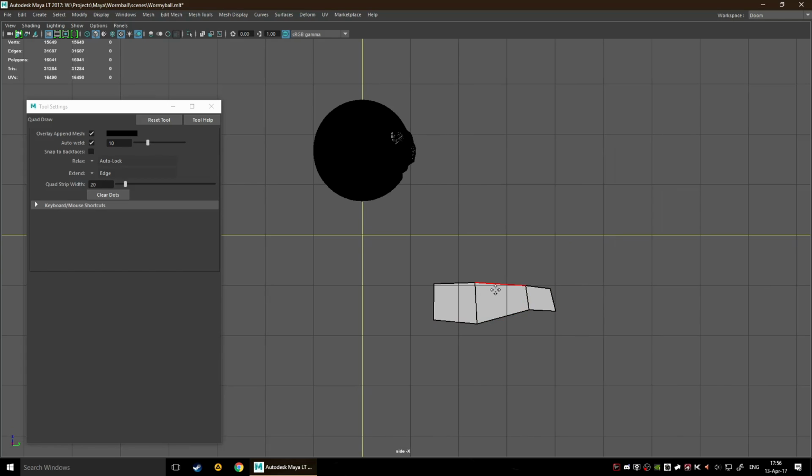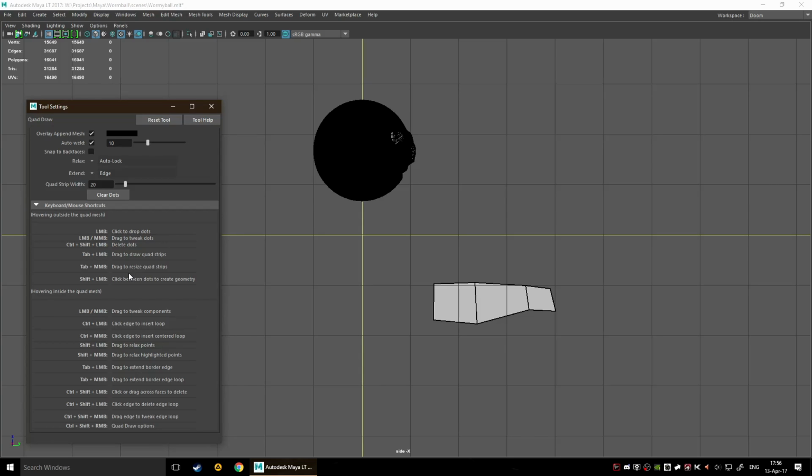All right, and this is a very powerful tool, by the way. You can get all of these shortcuts here, which is very nice and handy if you forget what it's doing. But essentially it allows you to work on your mesh quite easily. So if you press and hold tab, it'll always allow you to extend different things. Oh, currently in the tool settings,